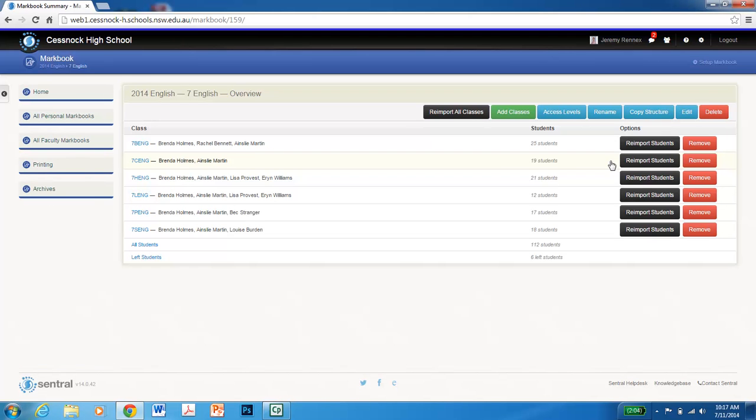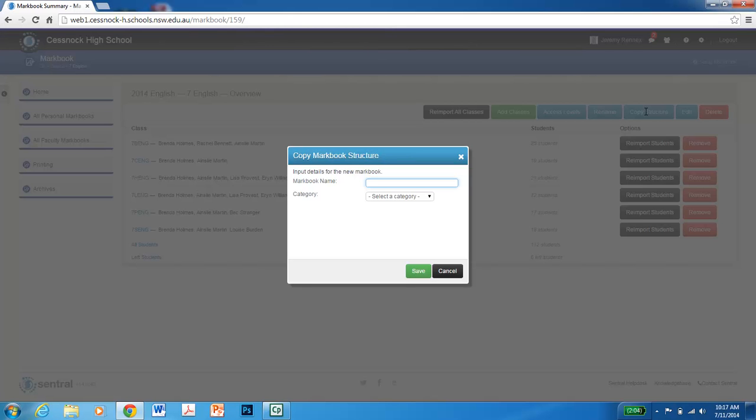What we can do is we can use this copy structure button to take the structure that we used for our Markbook in 2014 and roll it into 2015. So I'm going to hit copy structure, and it says okay, input the details of the new Markbook. Well, I just want to call it 7 English again,